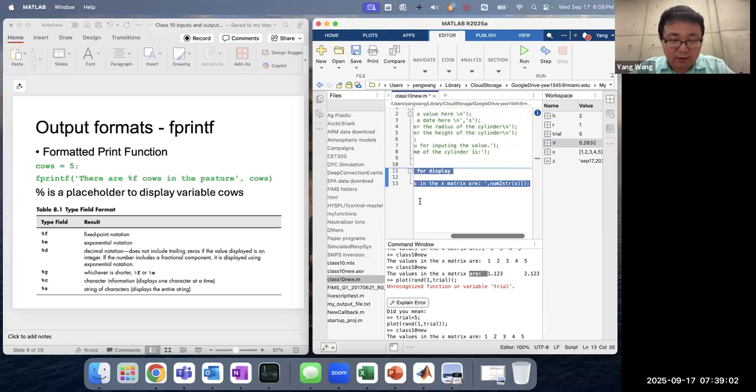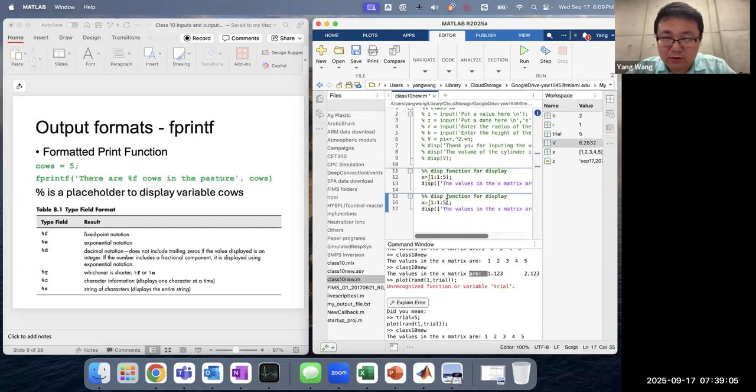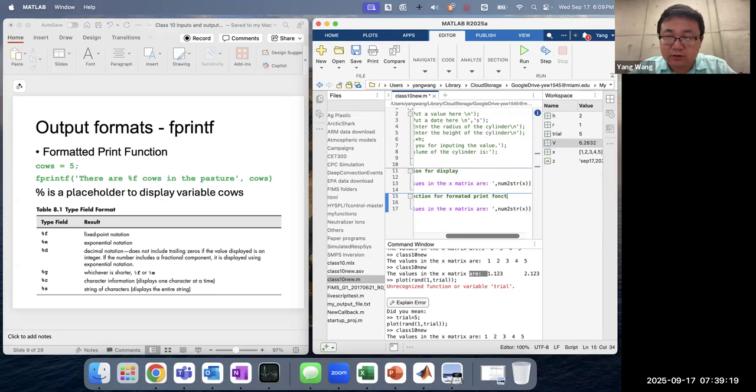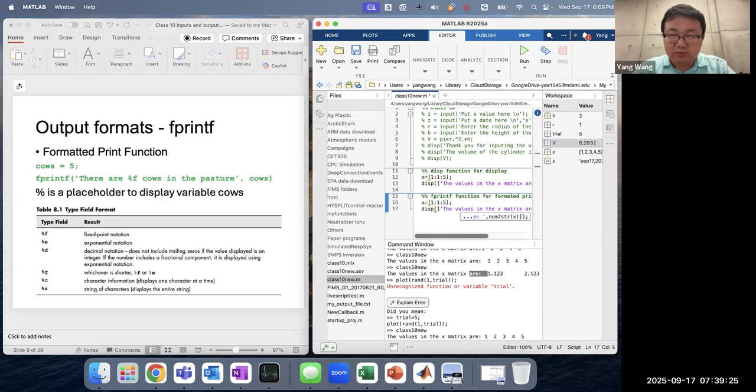Okay. And then I'll also create another section. This is going to be the fprintf function. The reason why it's called fprintf is because this is a formatted print function. What formatted print function means is that you could, let's say, still start from a single value. Let's just name it pi, right? So this is pi, the specific value, and then you can do formatted printf